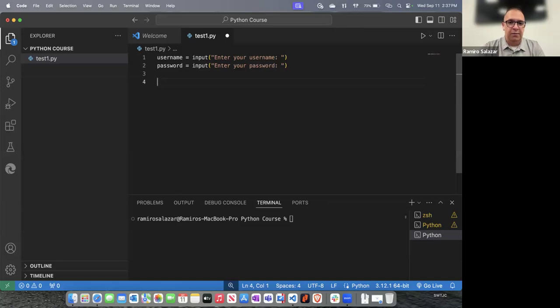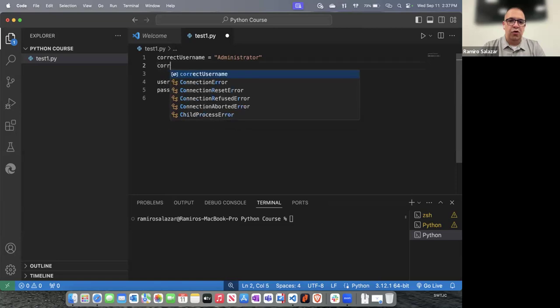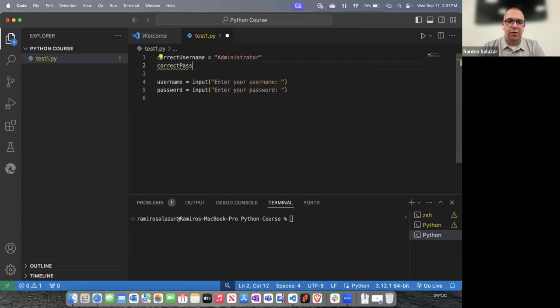Now on the next line, line 4, I'm going to type in if username. Actually, I can't really do an if-else yet because I can't check it against a condition. So up on top, on lines 1 and 2, I'm going to type in correct username is equal to administrator, for example. And then I can type in correct password is equal to, and I'll just make up a password,